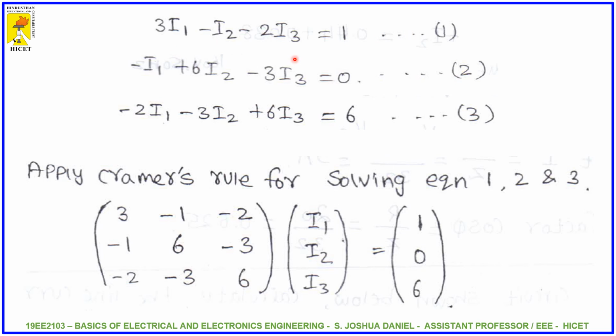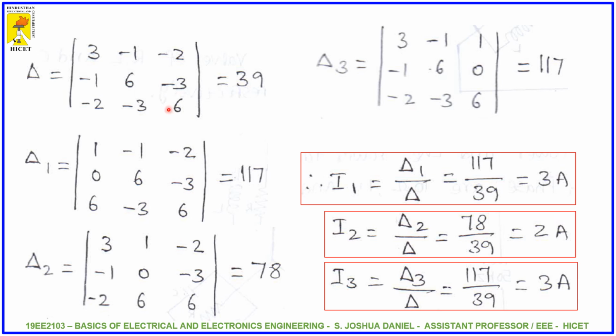So having found out all the three equations, we solve it using Cramer's rule as we solved it for the previous problem, right? We need to find out the determinants. So we are writing it in Ohm's law, same, V is equal to I into R. So these are the voltages of 1, 0 and 6. You can see the circuit. We are writing the determinants and finding out the determinants as we discussed for the previous problem.